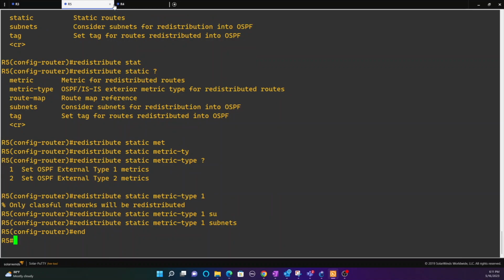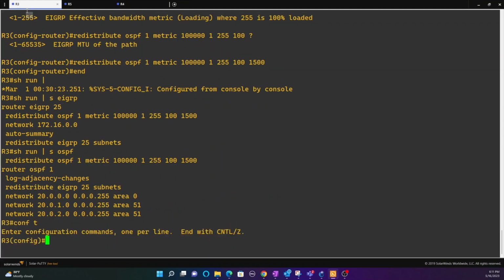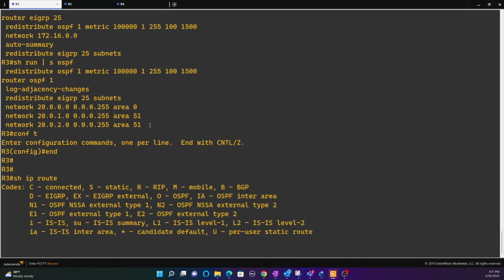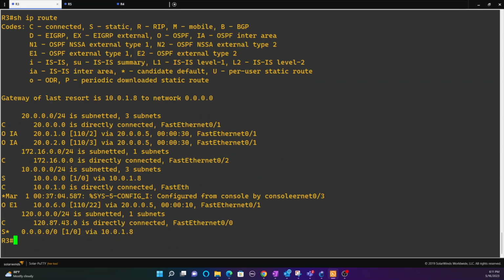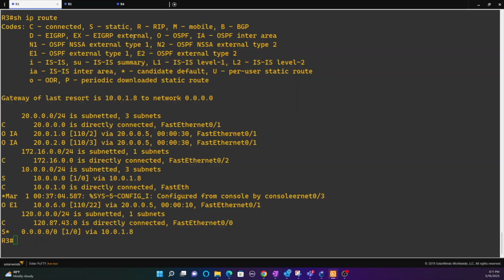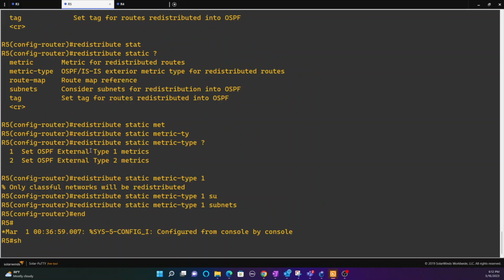Okay, now we can look into our other OSPF router here, R3. We do a show IP route. We see an OSPF learned route, but this time with the E1 on there, and we have a metric of 22. I said 21, but I forgot to take in the fact, and you should remember too, that it counts all the links. Just to show you, if I go into R5 and look at that static route again,